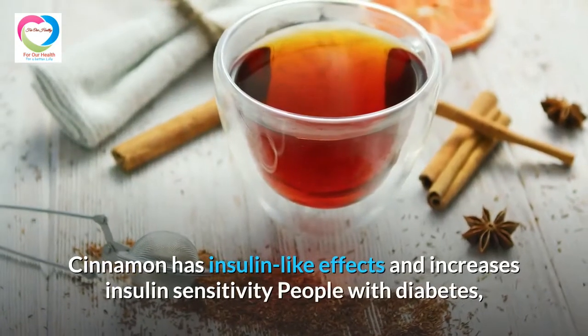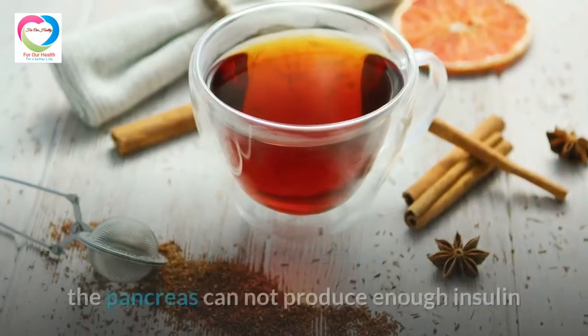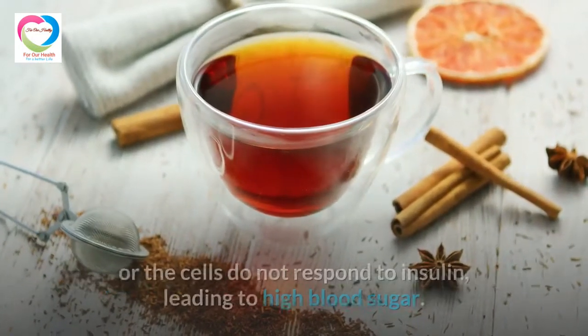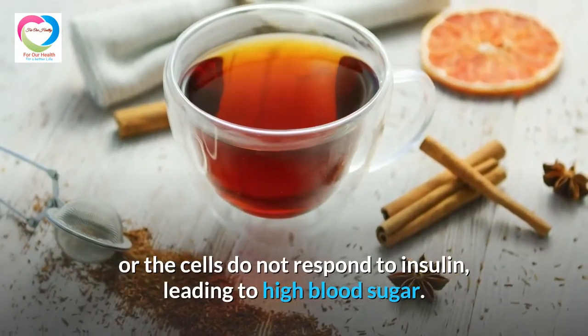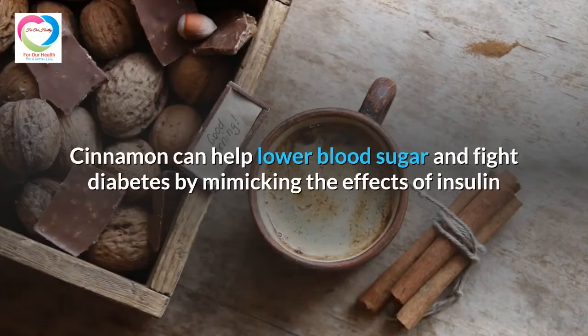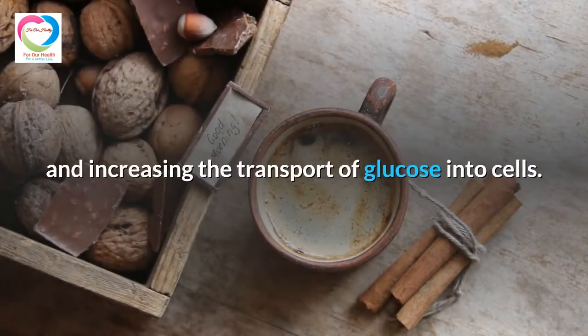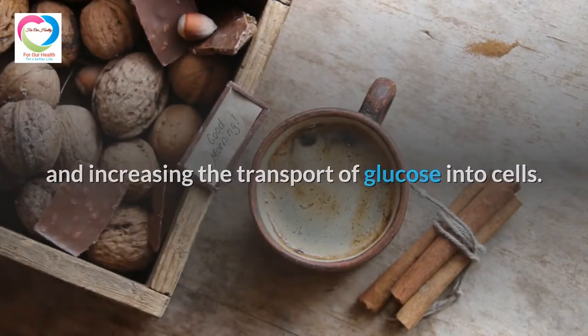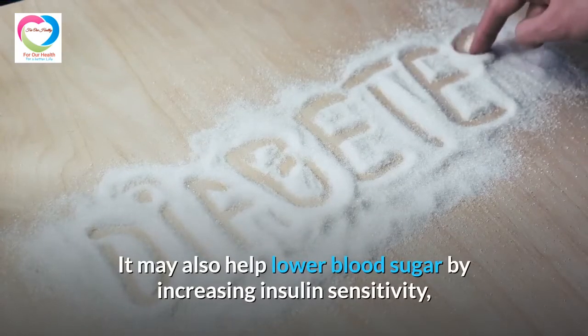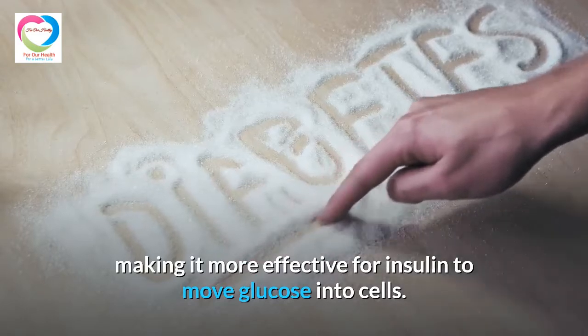Cinnamon has insulin-like effects and increases insulin sensitivity. In people with diabetes, the pancreas cannot produce enough insulin or the cells do not respond to insulin, leading to high blood sugar. Cinnamon can help lower blood sugar and fight diabetes by mimicking the effects of insulin and increasing the transport of glucose into cells. It may also help lower blood sugar by increasing insulin sensitivity, making it more effective for insulin to move glucose